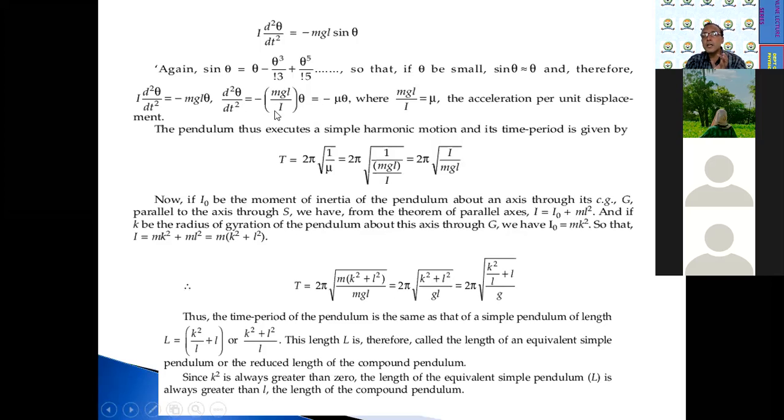Suppose instead of this entire bracketed quantity, I have taken mu. Therefore, mgl upon I is equal to mu. That is acceleration per unit displacement, and therefore the pendulum executes